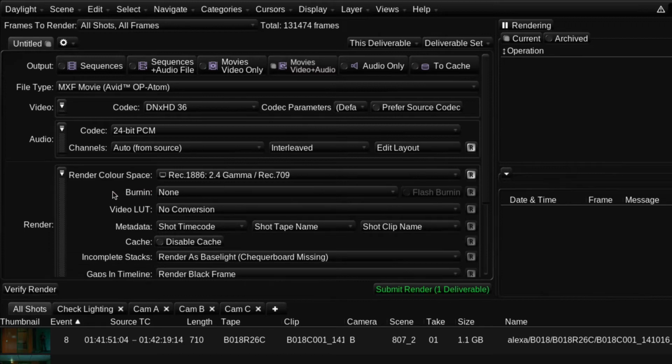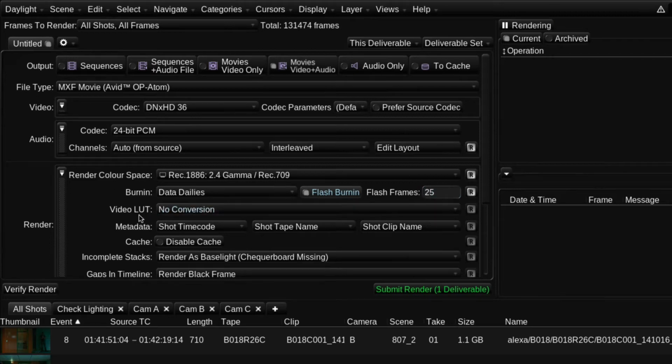The next option allows us to add a burn-in to the deliverables. This can be useful as a way to communicate and synchronize various metadata to subsequent stages in the workflow, especially offline editing, VFX, and sound departments. However, as the metadata is physically rendered into the output images, it can become distracting, and it may not be practical to have a burn-in throughout the whole shot. It's therefore possible to flash the burn-in data onto just a few frames. For example, I can choose to add it to just the first second of each rendered shot.